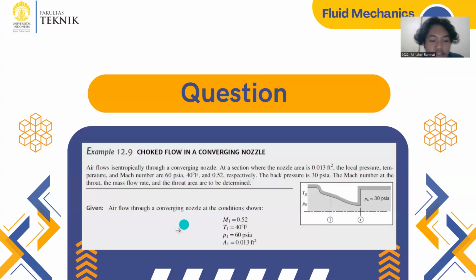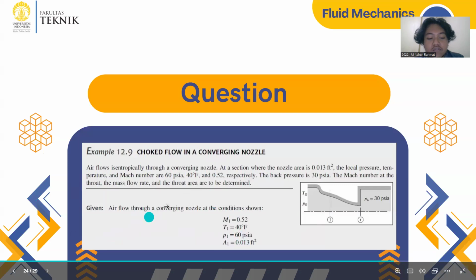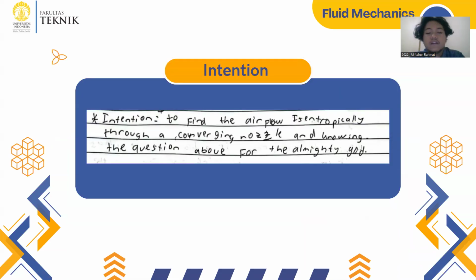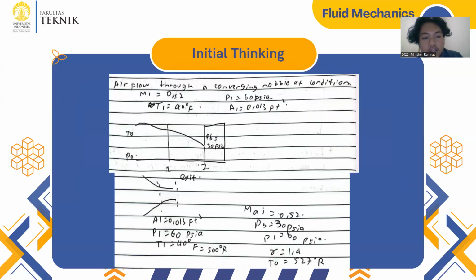So we should find it clearly, right? And also there is given data about the airflow through a converging nozzle at conditions shown like this. And we can get the picture that we should find it clearly to solve. So the intention is to find the airflow isentropically through a converging nozzle, knowing the question above. And then the initial thinking is airflow through a converging nozzle at conditions like Mach